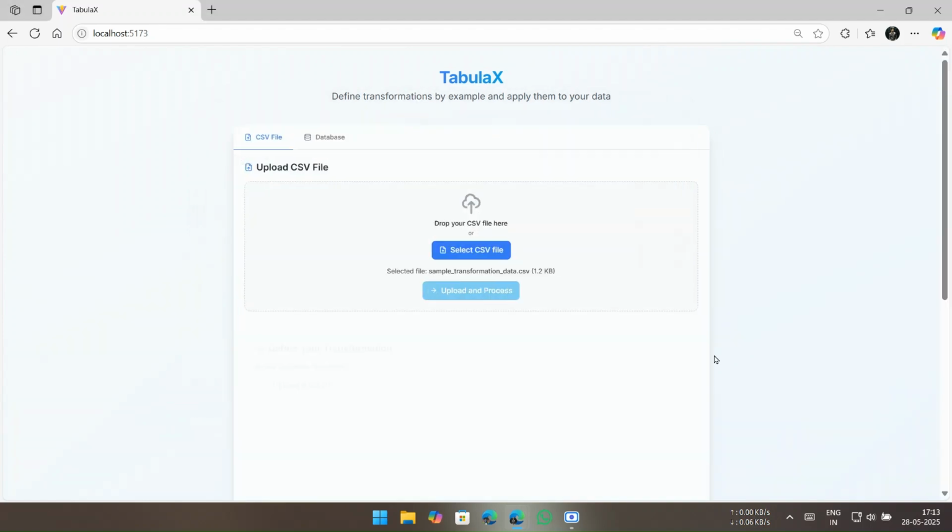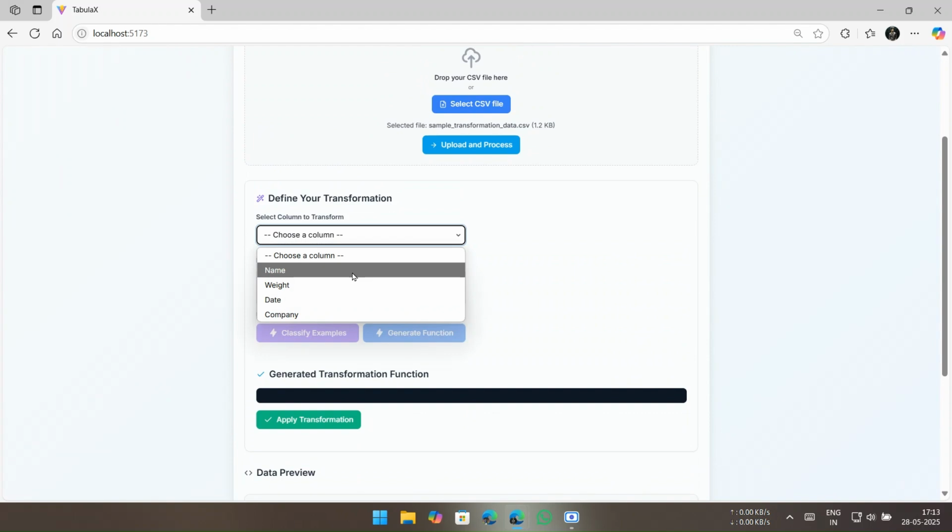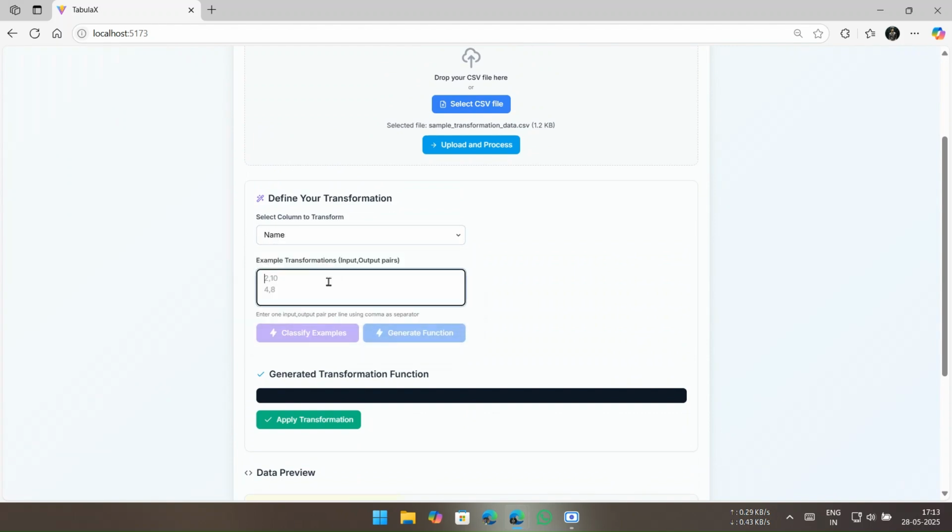And we selected a file, and we can see the preview here. We are selecting a column called name, and we are giving examples, such as Michael White, which we will convert into M White. And another example is, this is another example, and we will convert it into